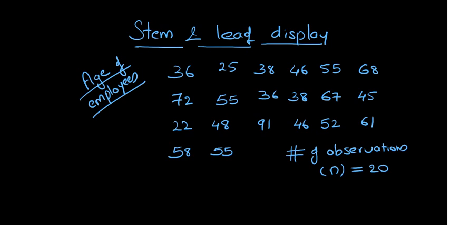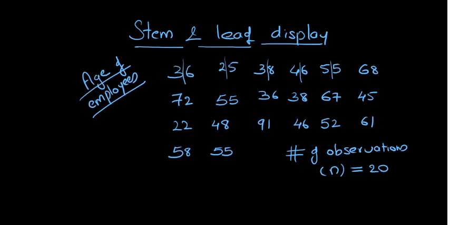For making the stem and leaf plot, first what you have to do is choose a number and split the number into two halves. One half comes under the stem and the other half comes under the leaf. For example, if you see 36, which is a two-digit number, you split it into two. The digit in the tens place comes under the stem, and the 6, which is the second digit in this case, comes under the leaf. So you keep on splitting these numbers into two halves. The first digit comes under the stem and the second digit comes under the leaf.